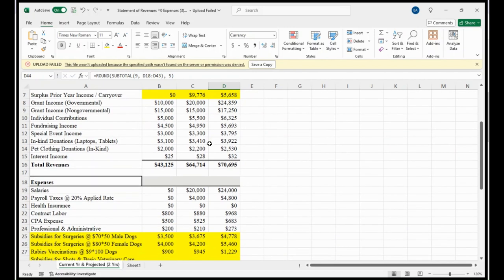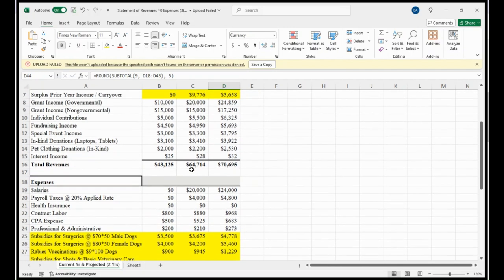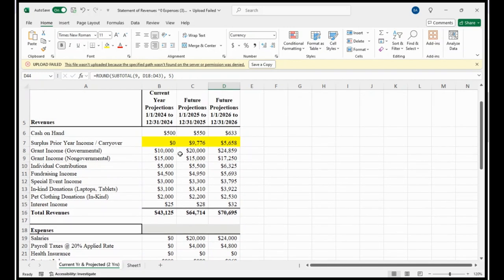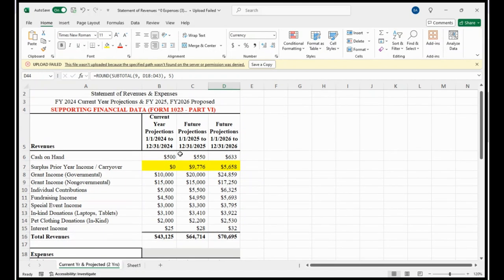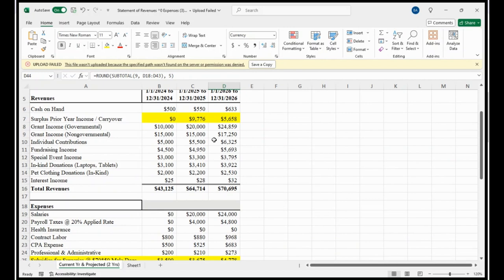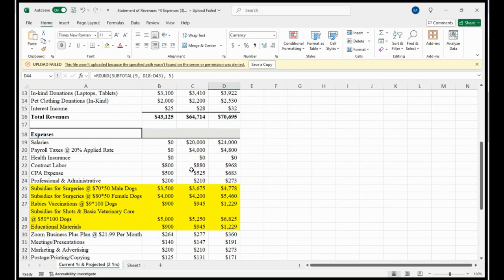And now these projections, they're future projections. These are based off of, as you can see, my formula right up here. You see that? You can see I put in a formula there. I base those formulas off of actual numbers that I found. I didn't find that formula, but I just kind of looked at how their numbers for their current tax year versus their previous year. I looked at the difference in those numbers, if that makes any sense, and I was able to come up with a formula that I thought